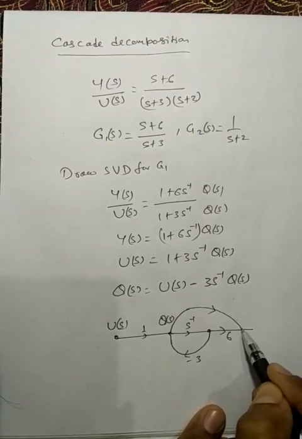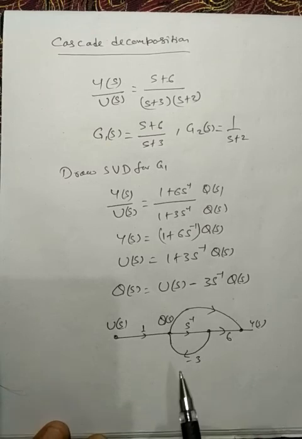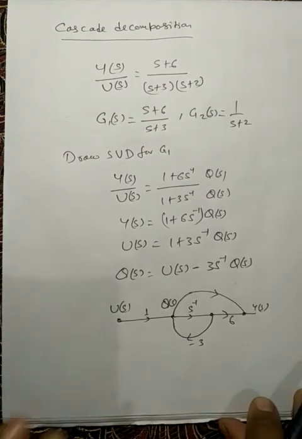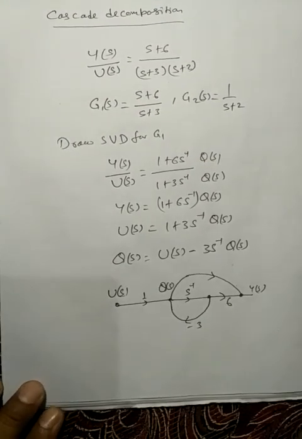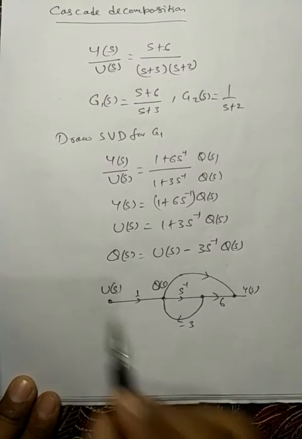Here I am having Ys, right? So this is state variable diagram for G1,